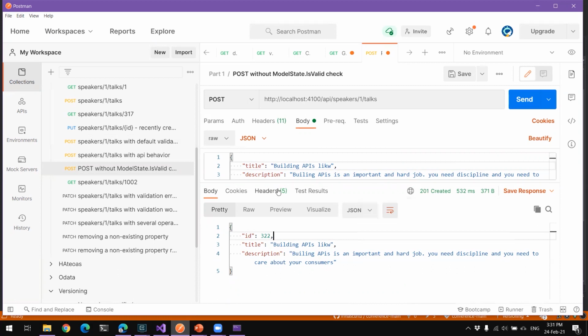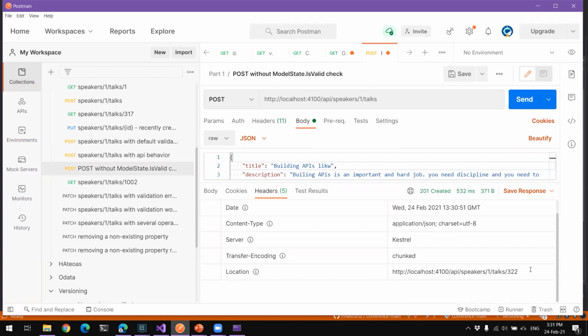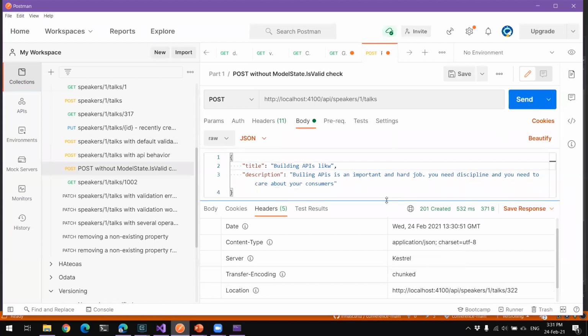And more than that, if you look at the headers, you'll see the ID and basically the location of the newly created entity. So, okay, I created this, and you can find it at this URL. So you can extract this and create further. This is something that I kind of do as mandatory, and I try to teach everyone to do this, because it's a different thing than a 200 OK. Okay, it was processed just because it started with 2, but here it was created, and here's the location for it.